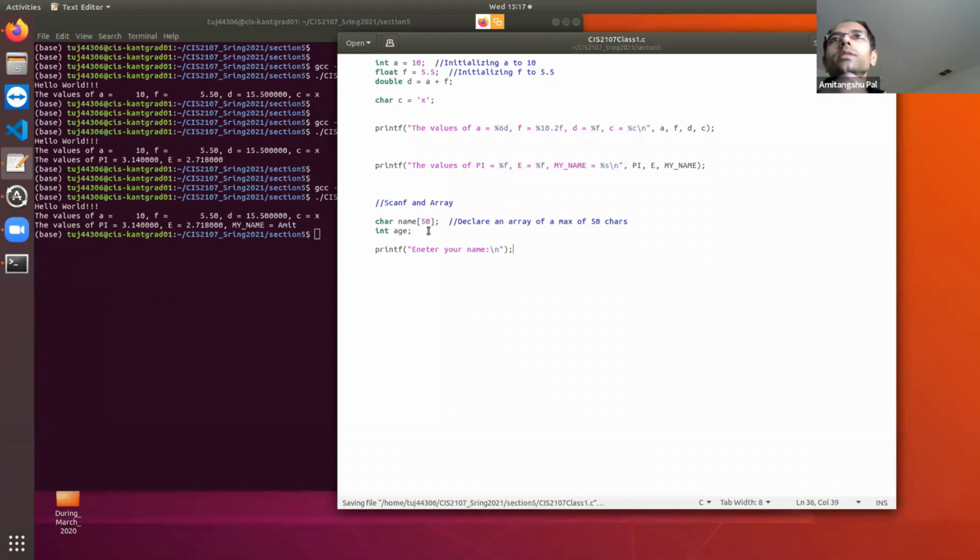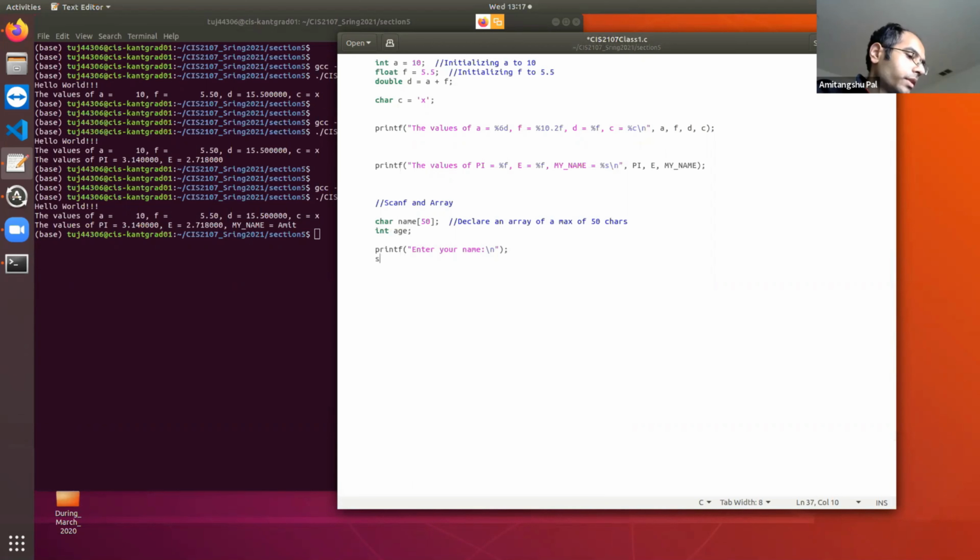That means it is going to ask the user to enter their name, and this message is going to be printed. If you run this program, it prints in the output terminal, and then after getting this message, the user is going to type his or her name. Whenever he is typing, it needs to be scanned and stored into name. So how can I do so?